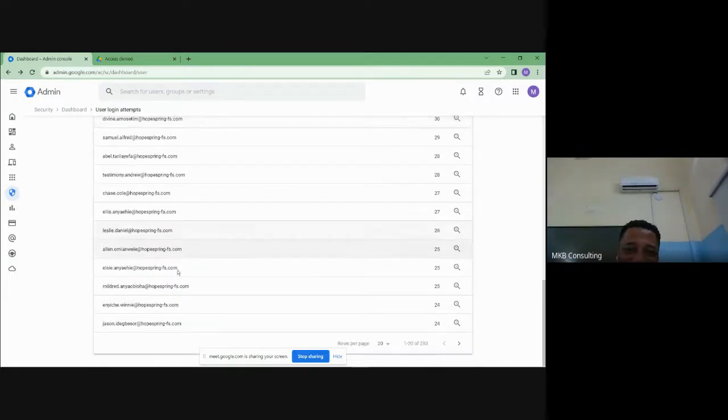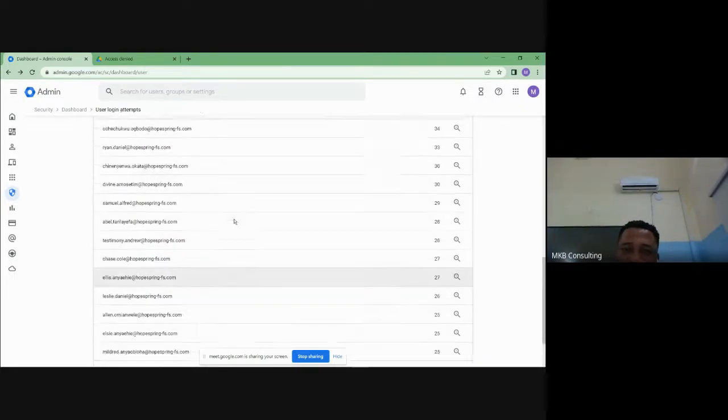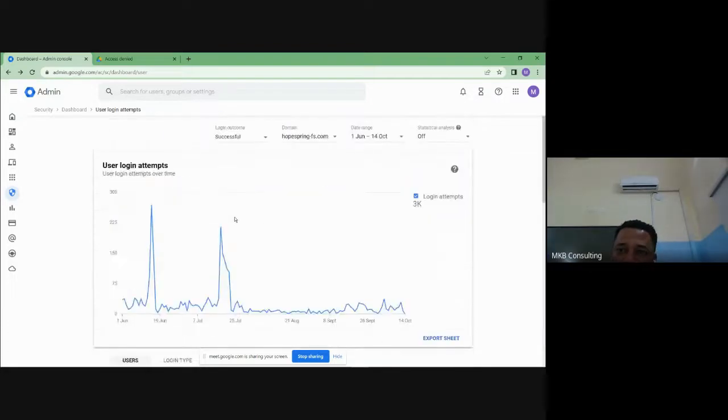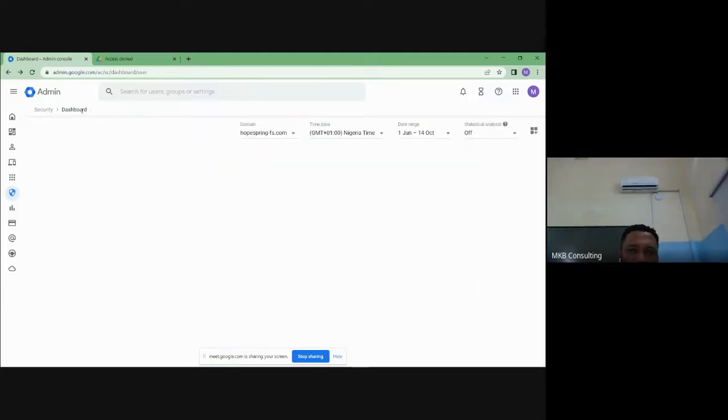And look at the accounts. These people are really successful in logging into this domain. They don't have any problem whatsoever. So you see how cool this can be, and you can easily export this data to your sheet for any future analysis that you might want to make. So still on the dashboard,